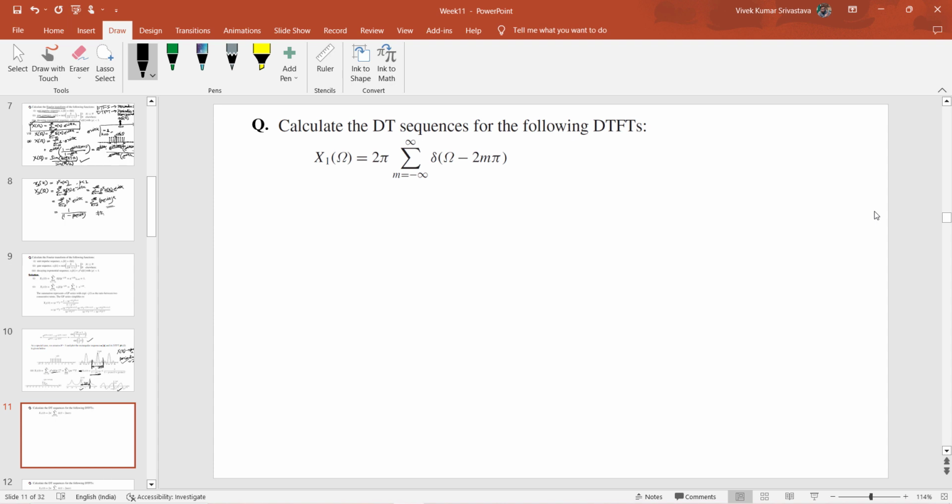Moving ahead. Here we have to calculate the discrete time sequence for the following. A discrete time Fourier transform is given to us, and corresponding to it we have to evaluate the sequence. So here we have to use the synthesis expression of the discrete time Fourier transform, which can be written as,